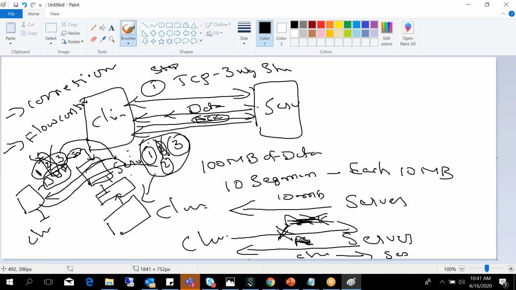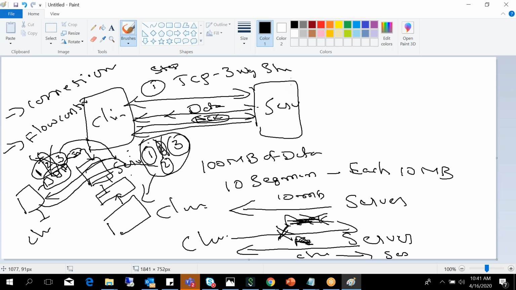Okay, that is the flow control. Flow control means if any packet is missing in the network, the machine, either server or client, will retransmit that specific packet. Okay, that is the flow control.